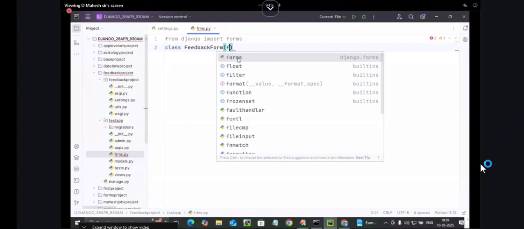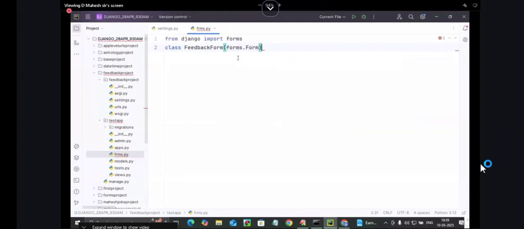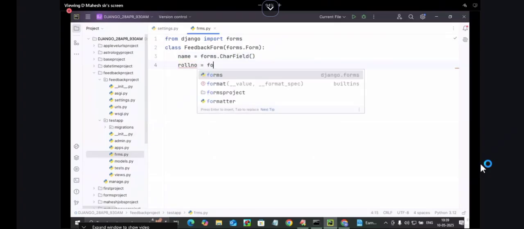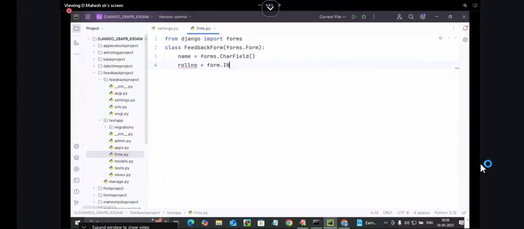forms. From django import forms. Now take the class FeedbackForm, forms.Form is the class. Generally we ask the name of the student: forms.CharField. Roll number: forms.IntegerField. Next, mail ID: